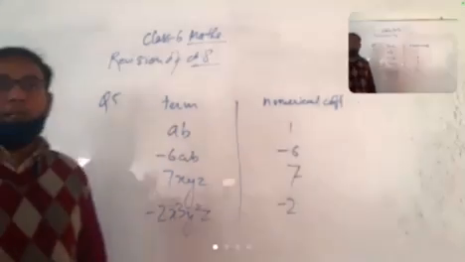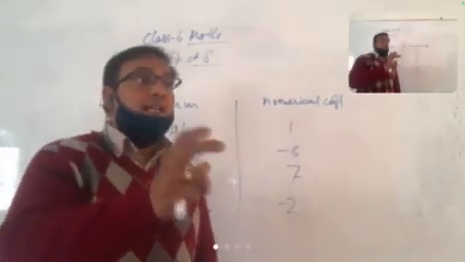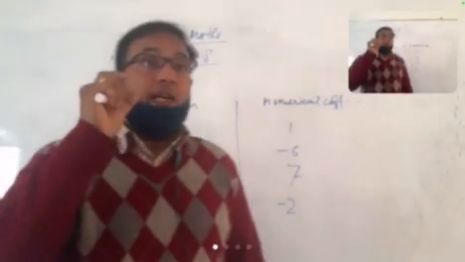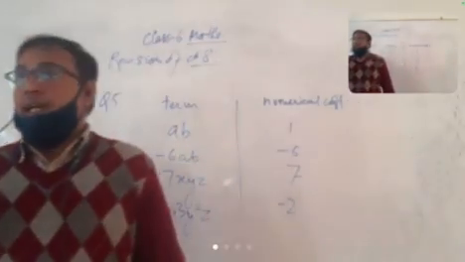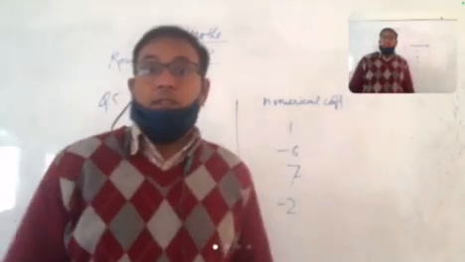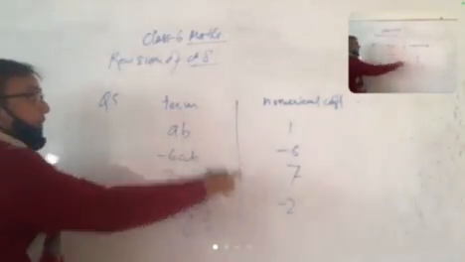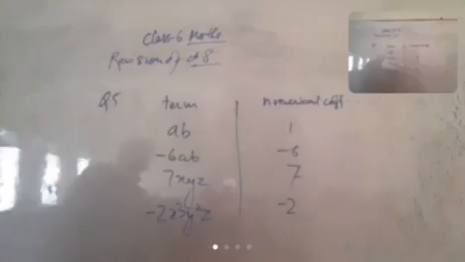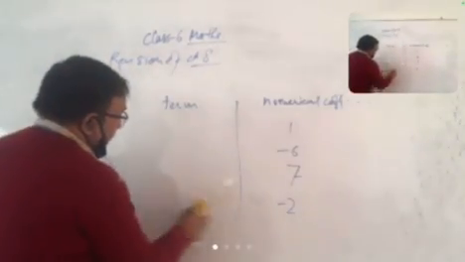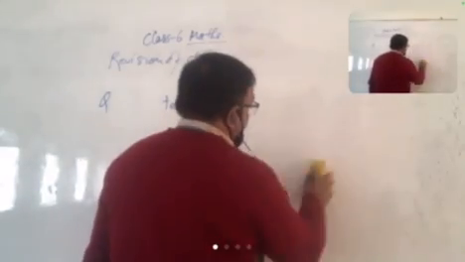तो literal x मैंने कल भी बोला था कि literal x लिखने की जरूरत नहीं है. If it is written here कि literal, you have to find the literal coefficient. Means that you have to find the coefficient of any variable that is present in the term. एक term के अंदर जो variable present है उनका. So just make a table like this again and just numerical coefficient को हटा के